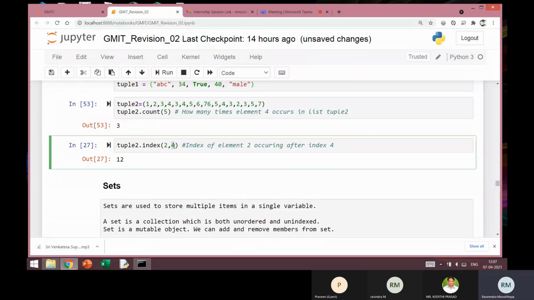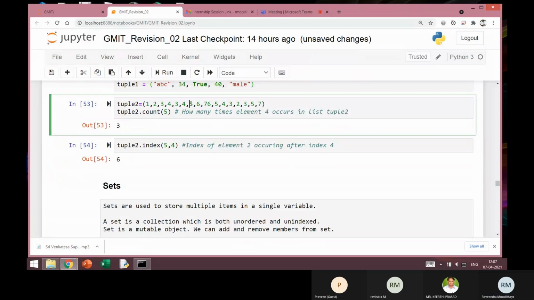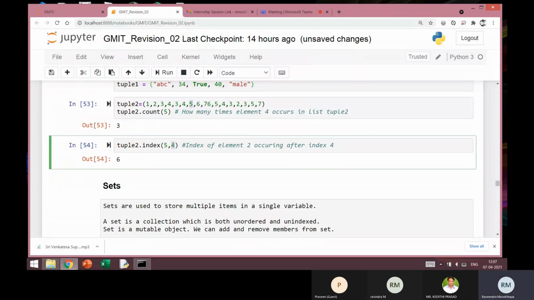If I write where 5 is occurring after the index position 4, you can see that it is located at index 6. Suppose I say after 6, where it is located, 6 is included then.